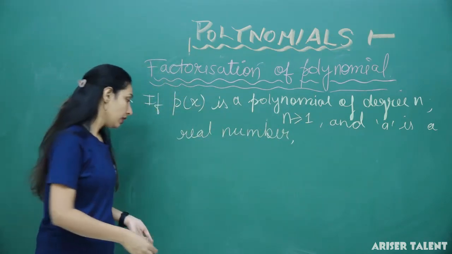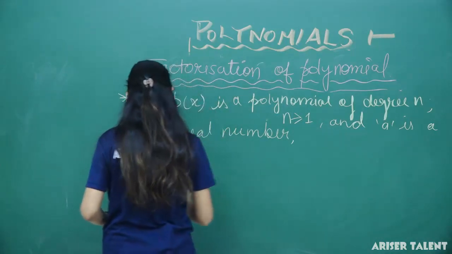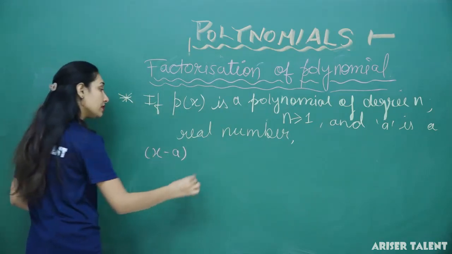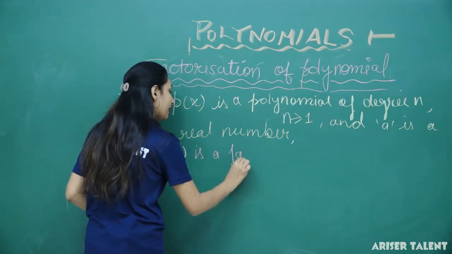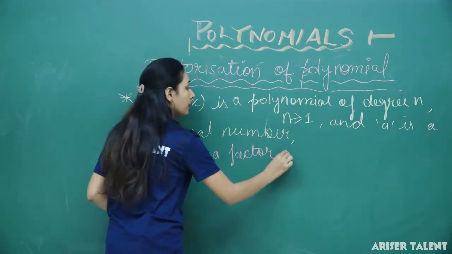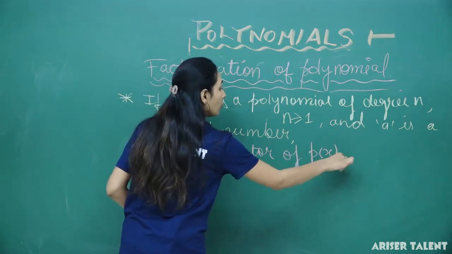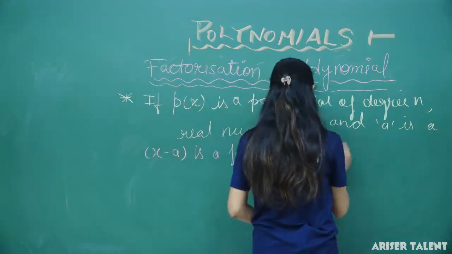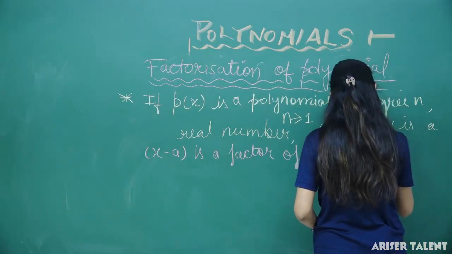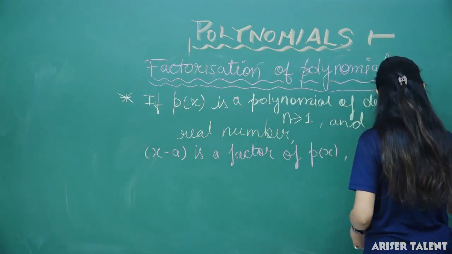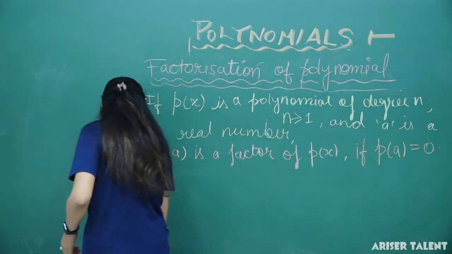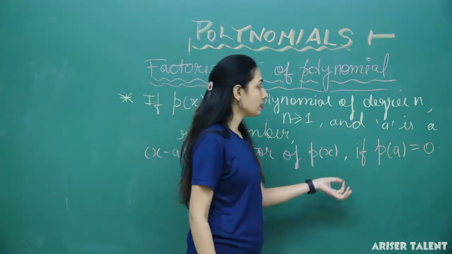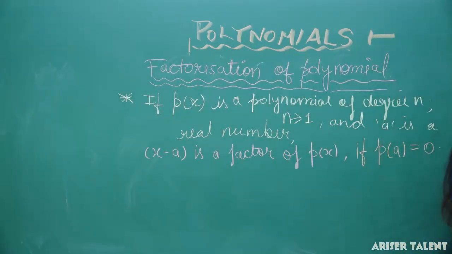Okay, now what I am saying is that x minus a is a factor of P(x) only if P(a) equals 0. x minus a is a factor of P(x) if P(a) equals 0, and